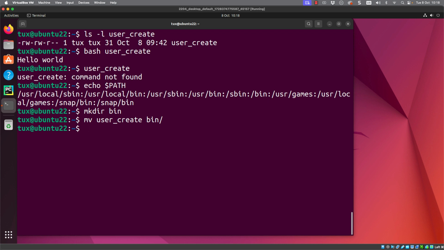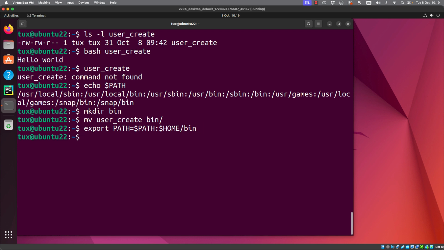But that is not going to make the script accessible. The bin directory in my home directory still needs to be part of my path statement. So I need to adjust the path statement. Typically, you would do that through a login script. But just at the command line here, I can export my current path variable to equal the current path variable that I'm reading in, $PATH, separate my elements with a colon, and then add in my home directory and then /bin.